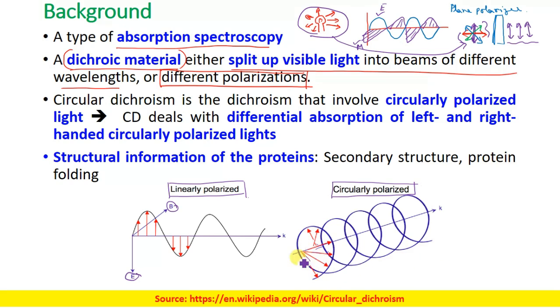If you look at the direction of the propagation k, it is moving forward, but in a circular way. If you look from this end or from that end, along or against the direction of the propagation, then from the top you will see a circle,